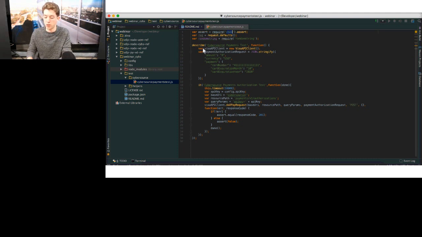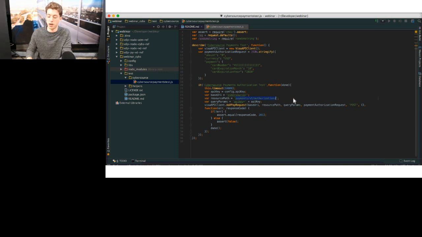And we're going to instantiate a new Visa API client. We're going to come here. This was a payload that was preloaded with the sample code, so it's just a working payload for this call, and this call is going to be to the authorizations endpoint. So we're going to do a post